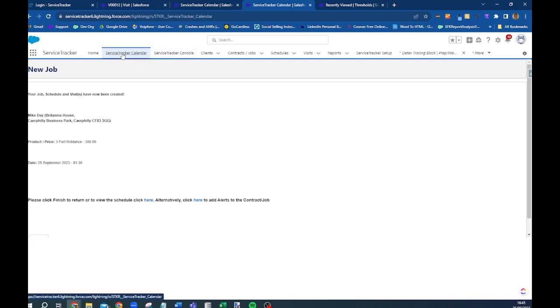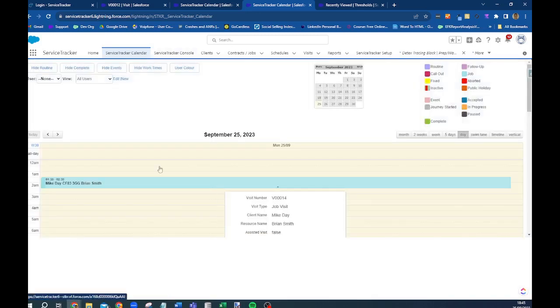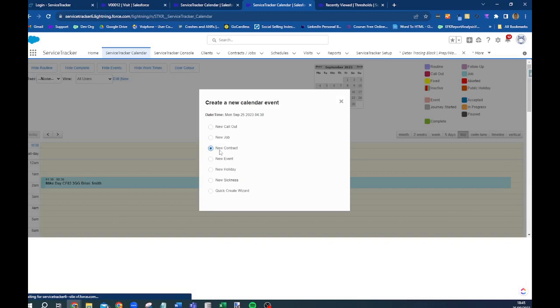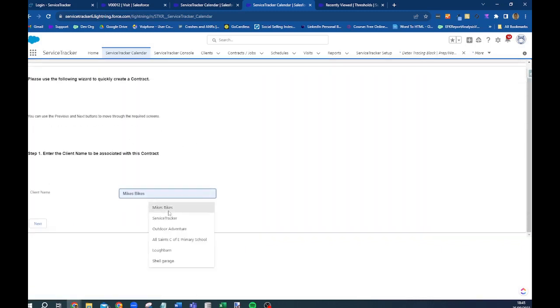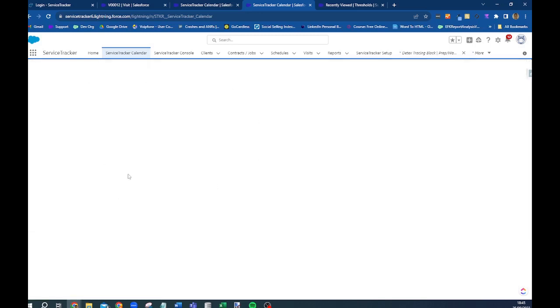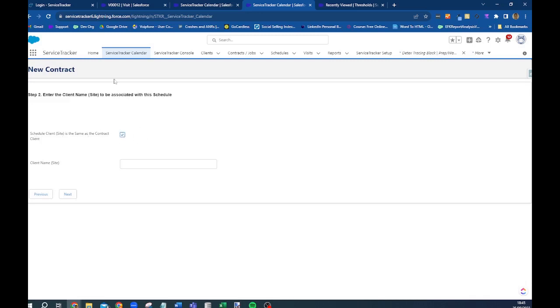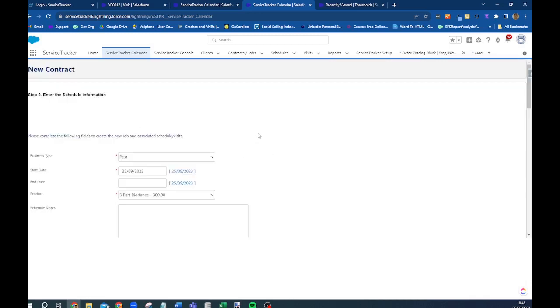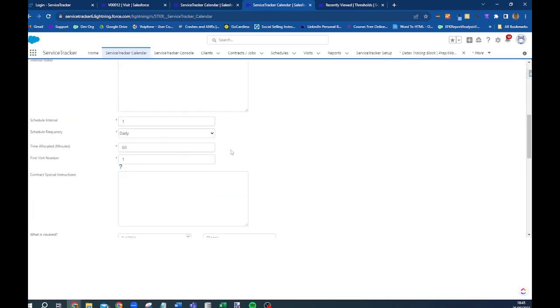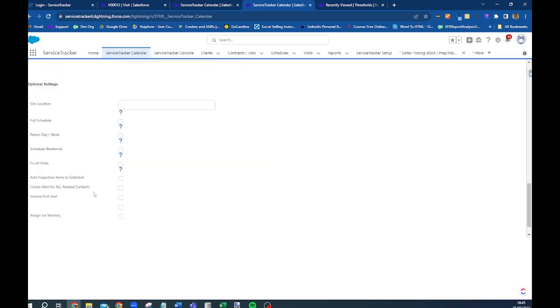So I'm putting information in via the calendar. It's the same process if I wanted to create a new contract work. Exactly the same wizard. Select the customer, next, select it from the list, next. Is the site the same as the billing account? Next. But this time I'm not being asked for the number of visits, I'm just being asked for the intervals. If it's just a standard monthly visit, easy, 1 monthly. If it's 8 visits a year, then it's going to be 46 daily. Just pay attention to that. 46 daily is 8 visits per year. Okay. And then I can just carry on,